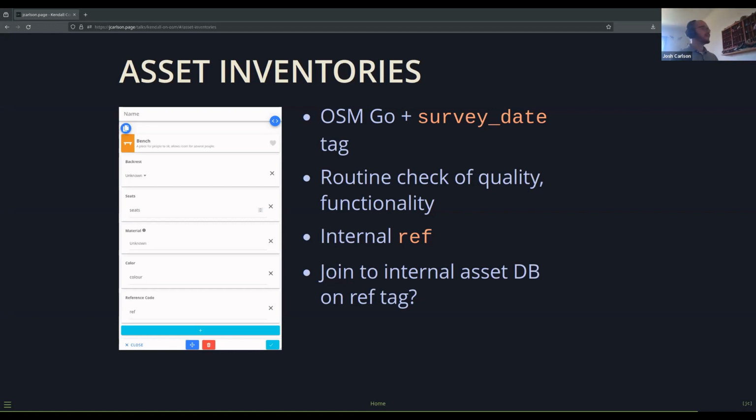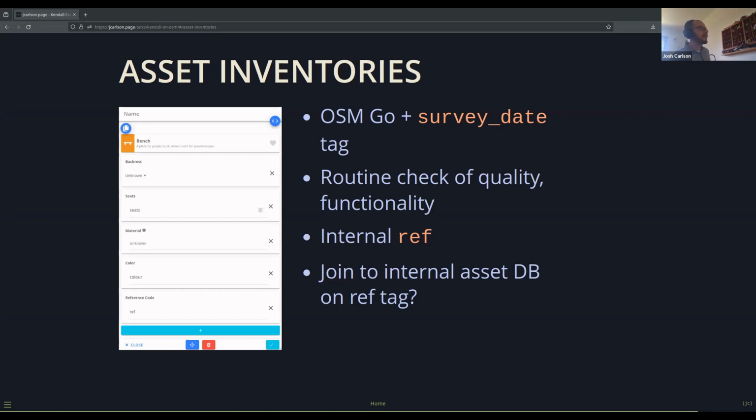So we're exploring hypothetically what it would look like to manage an inventory of assets through OpenStreetMap, particularly using OSM Go, because that has the survey date on it, and you could just go through and verify: are the benches all at the park? Yes, yes, yes, yes, yes.